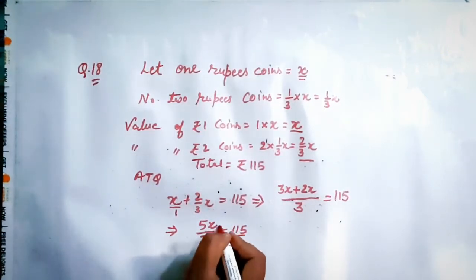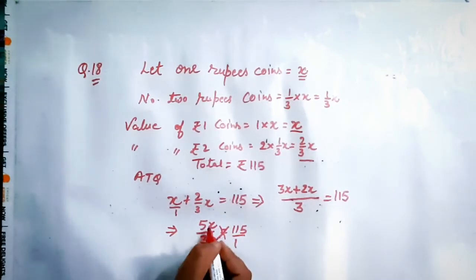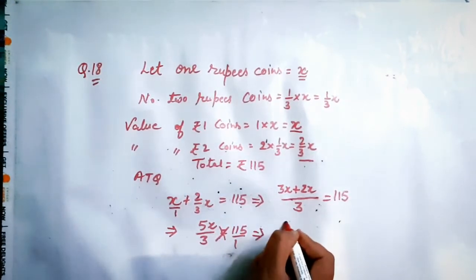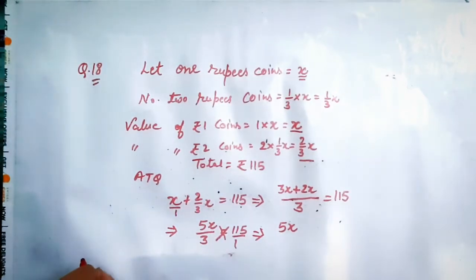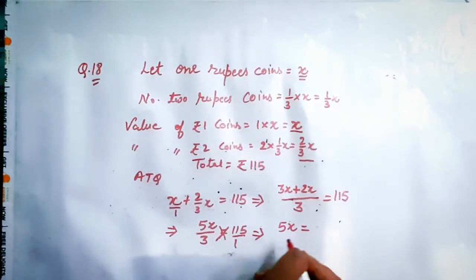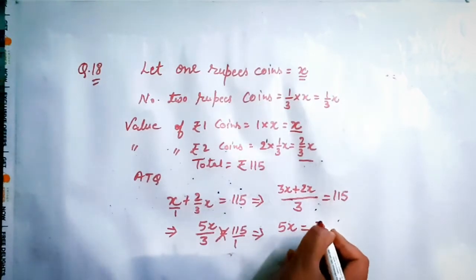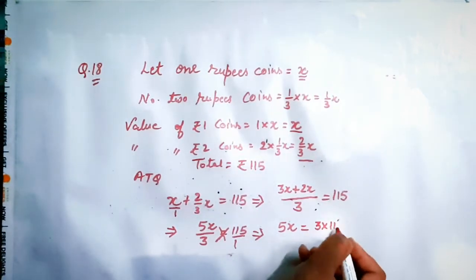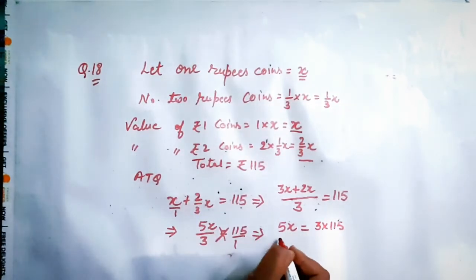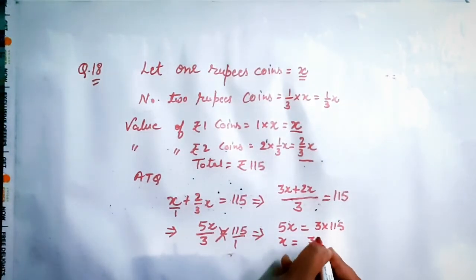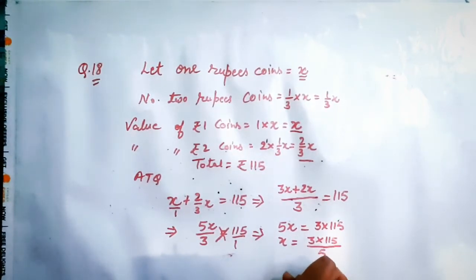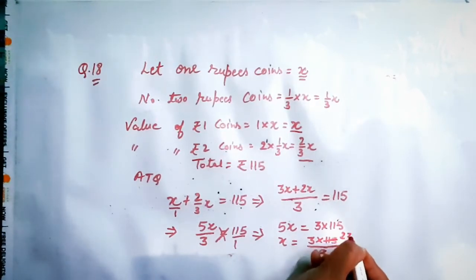Now cross multiply. 5x into 1 will be 5x itself, and on the right side we have 3 into 115. Write as it is, 3 into 115. x will be equal to 3 multiplied by 115. Take 5 to the right side, it will go in divide. So what will be your answer? 5 ones are 5, 5 twos are 10, 5 threes are 15. So it will be 23 threes are